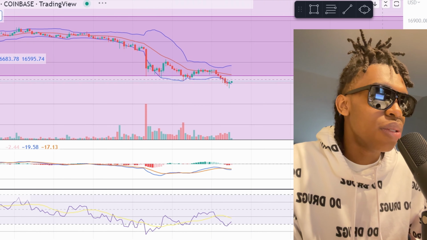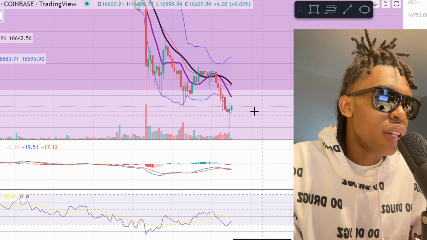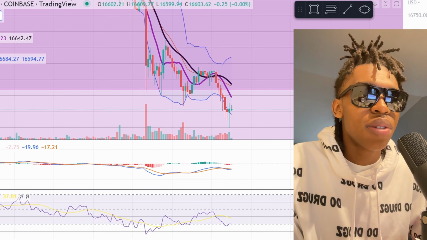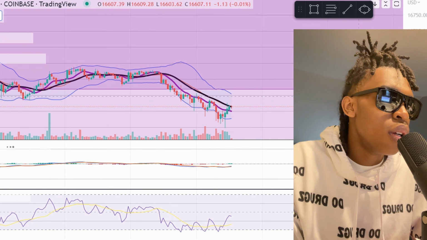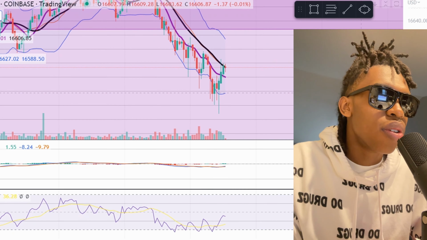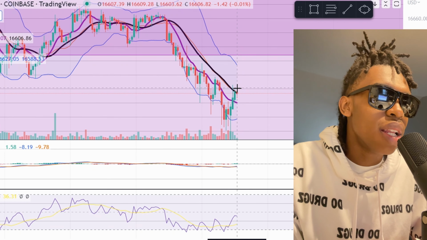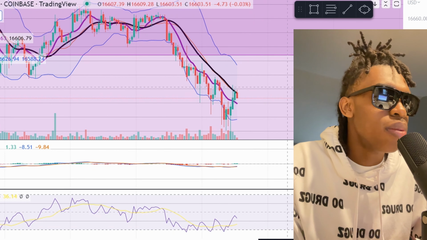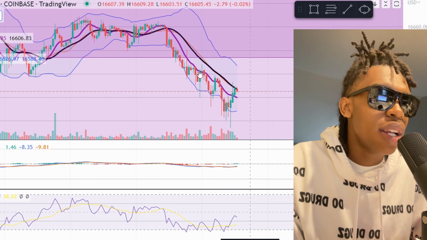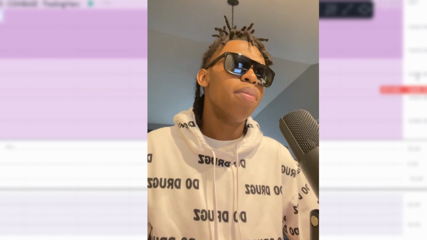We can go to the 5 minutes, see what's going on. Yeah, the 5 minute looks like it's going to hit this purple line and just keep on crashing. We're going to see what this 1 minute is talking about. 1 minute, ooh, the 1 minute done crossed the 9 EMA, and if it crosses the black line, that's going to make it continue to go up. Oh, but it's reversed. It looks like it's trying to reverse. So basically, guys,